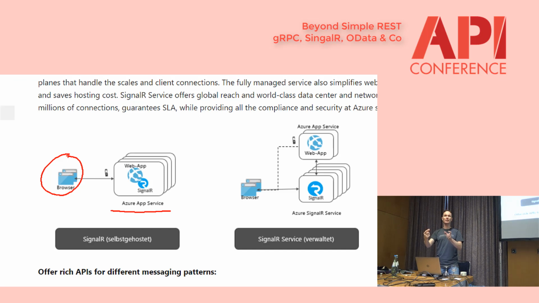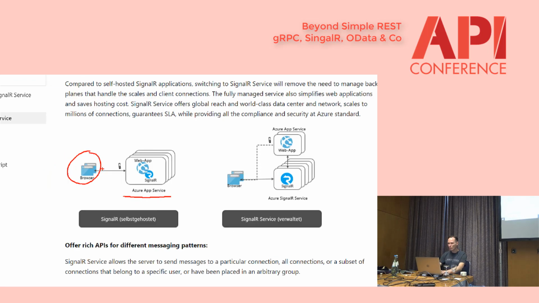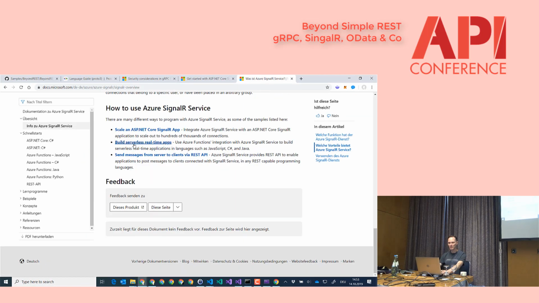And suddenly you have the problem of scaling in a business application in a classical enterprise. And this is why Microsoft invested so much in the SignalR service in Azure, because then it really makes sense, not just for casual gaming. And the second reason why they invested in this stuff, and I have a sample for you, is you can